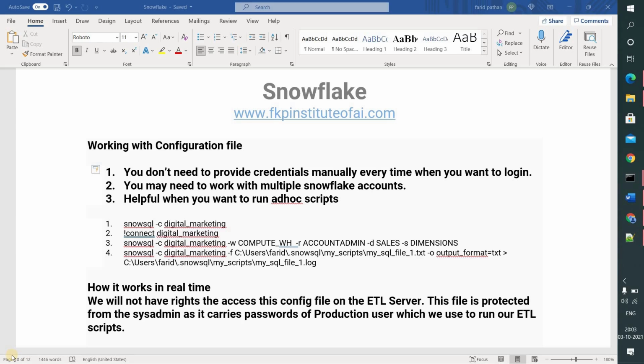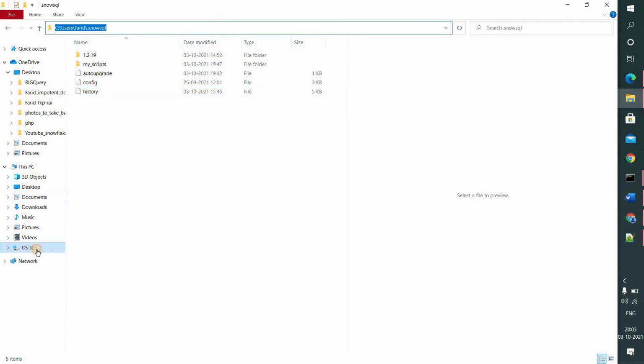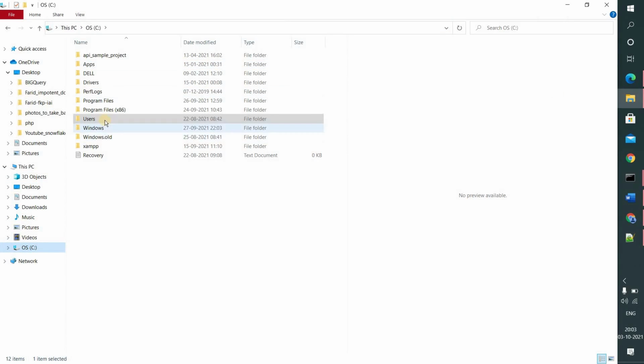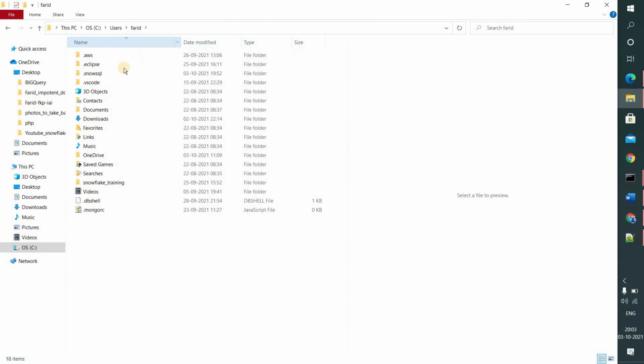So first of all, where can I find the configuration file? On Windows, you can find the configuration file in your user profile. So you can go to the C folder and then go to users and go to your user profile, and here you will see .snowsql.